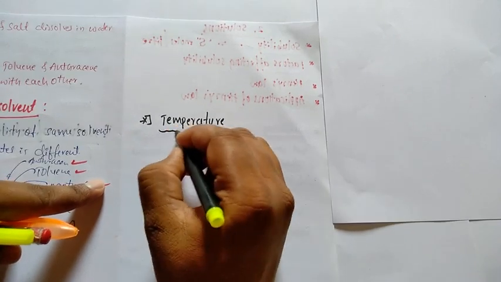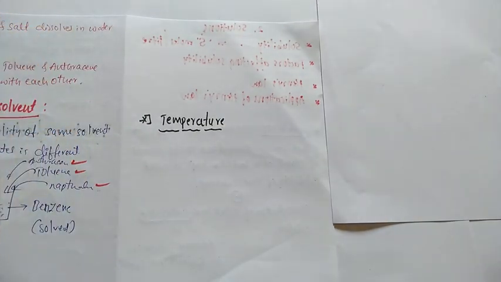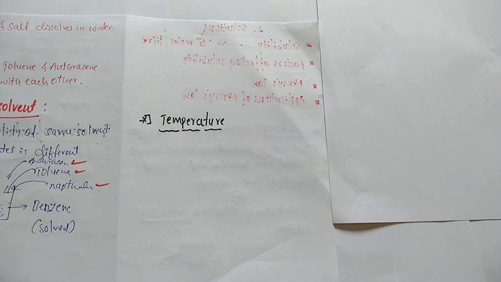Temperature. According to Le Chatelier's principle, if you increase the temperature, the solubility of a solid in a liquid increases. This means the solubility of a solute in a liquid easily increases when you increase the temperature, but this is not effective when gases dissolve in a liquid. Okay, so let us start. Solubility of a particular solute in a particular solvent is largely affected by temperature, and the solubility of a solid in a liquid increases when you increase the temperature, according to Le Chatelier's principle.